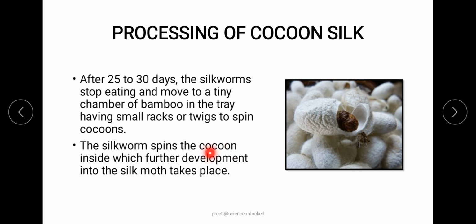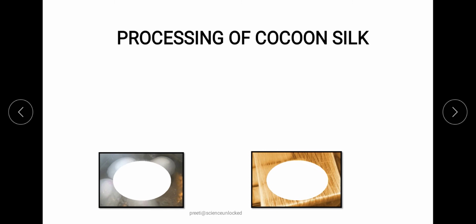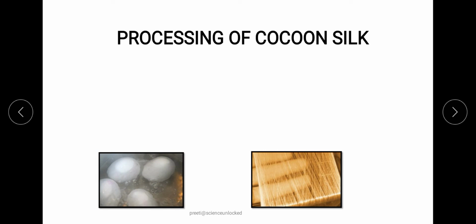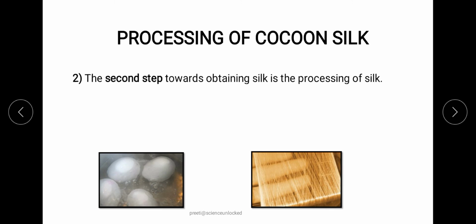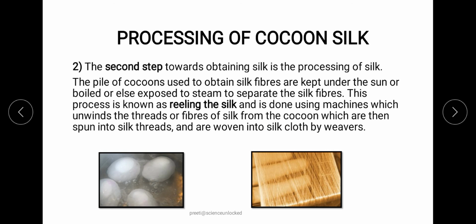Now at this particular stage, we will simply take these cocoons in the same form and boil them so that the hardened silk fiber can be converted into a softened structure, and then it can be spun properly so that it can be converted into a proper fabric. So this whole process is known as reeling of silk, where the cocoons that we obtained from the rearing of the silk moth, those cocoons or pupa, we will put into